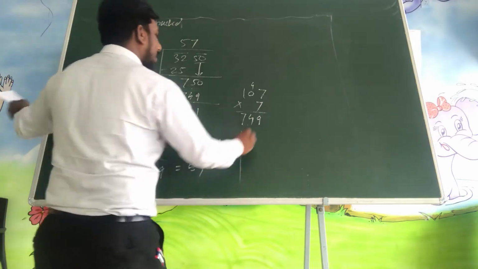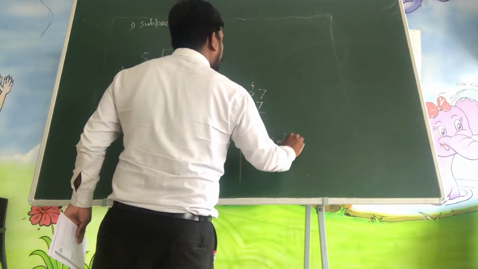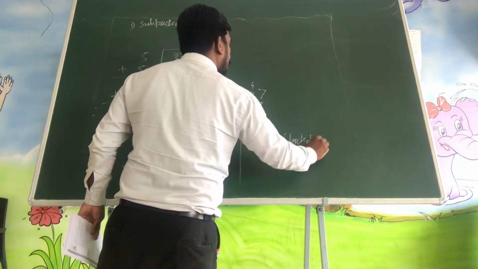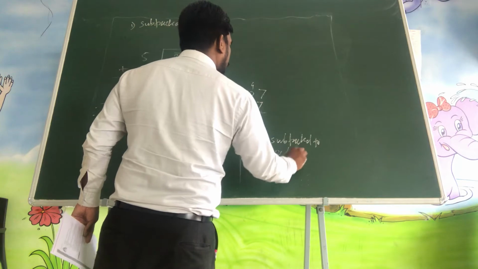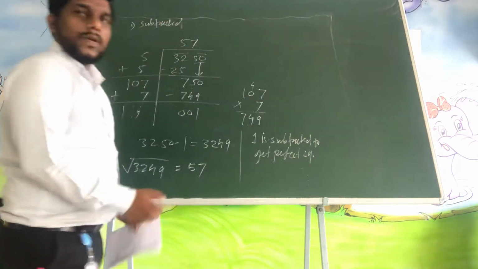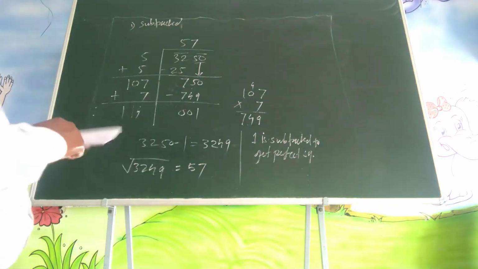And we can write the answer. 1 is subtracted to get a perfect square. Okay. Then next is the